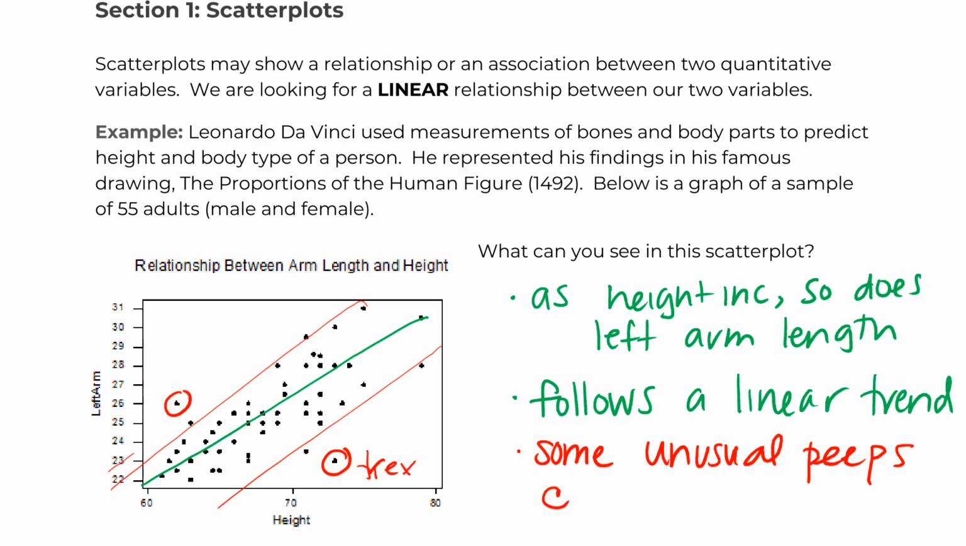So this looks like someone is about 74, 23. And I think this one looks pretty far off the trend as well. They're kind of out there in no man's land. And that's at about, looks like 62, 26. So in this case, this person is very short, but has very long arms. They're more monkey-like,